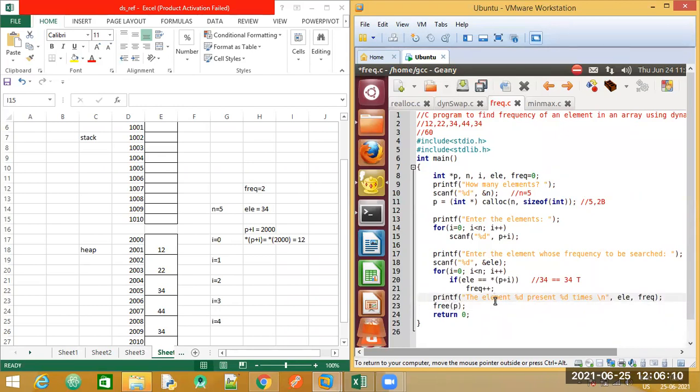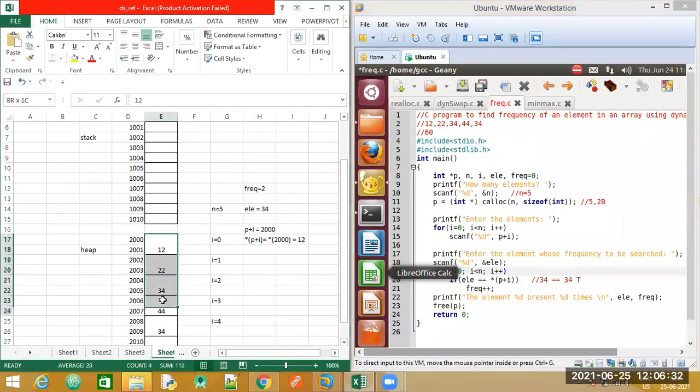Have you all followed the tracing? Yes, ma'am. Okay, these statements here are important. You are aware of this. You are perfect now in this. So the logic is here. Let me repeat once again. Pay attention. We make use of this loop so that we are able to travel through all this array.